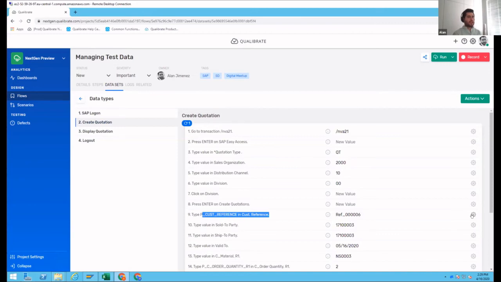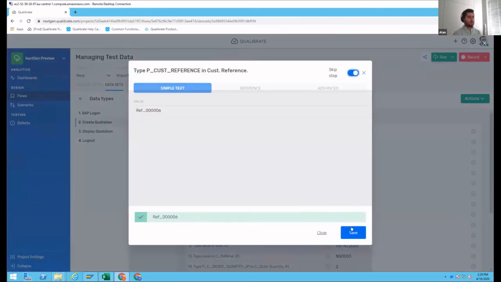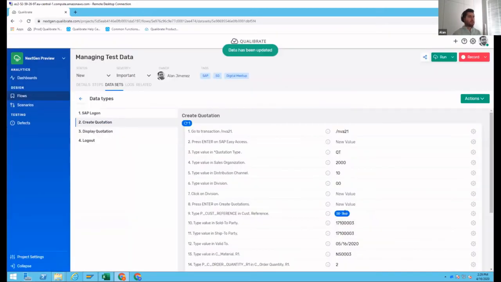So what I can do is open this tab and skip it. This gives you a bit of feedback at the dataset level to the user that on this combination of data, this step will be skipped, right? So that gives you a little bit of an indication of how we can configure the steps from a data perspective to skip it. And we also give you some feedback at the dataset level on how to do that, right?